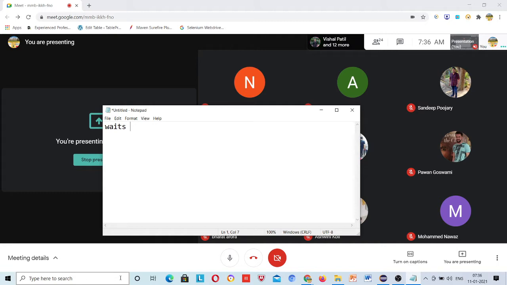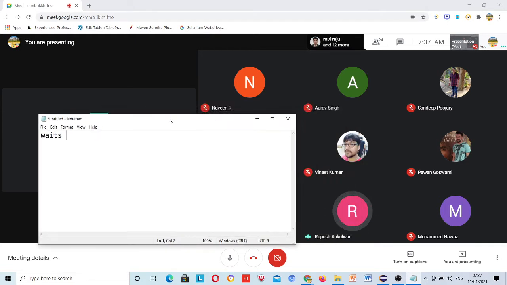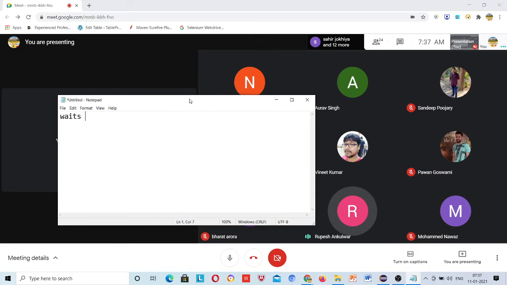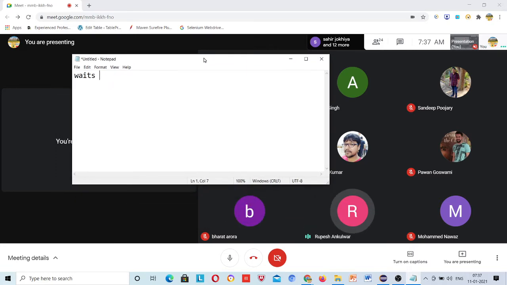What are the waits in Selenium, and why did the Selenium guys come up with this new feature in Selenium WebDriver? To match the speed of the Selenium script with the browser speed.